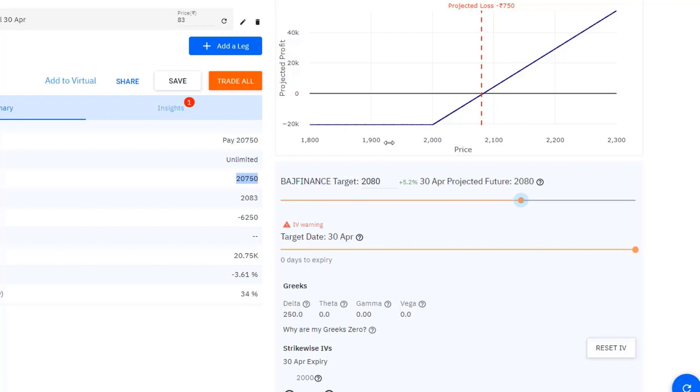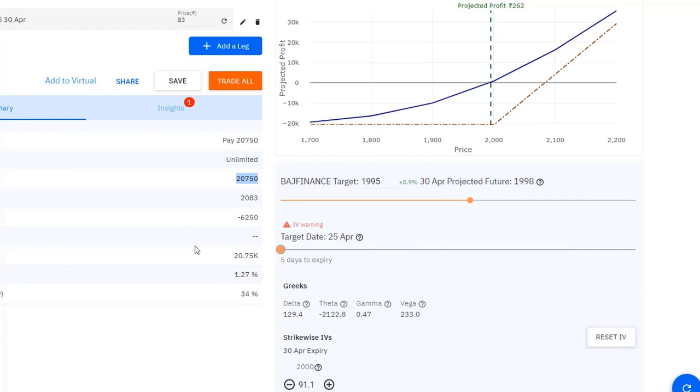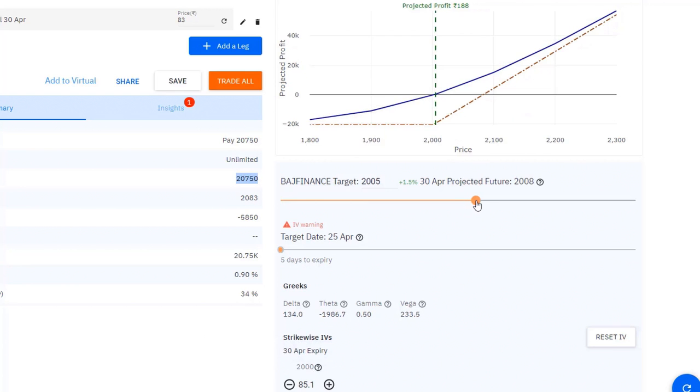So even if you are going to play for the reversal, even if it jumps up 3% or something in the next few days, you're not going to make much money off it. Even if you're trying to do this as a 1-day trade, and if the stock goes up around 1%, the risk is once the stock starts going up, IV will crash and you lose money on IV. From 91, if it goes to 85 because of reduced uncertainty, you'll still lose money, right? So high IV options can lose money even if your view is right. So let's say the stock jumped up around 1.5%, but if IV crashes to, let's say, 78, you lost 1,450.